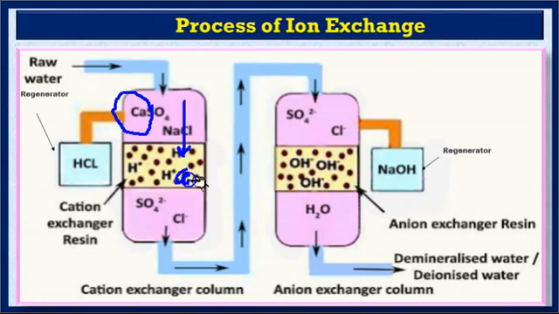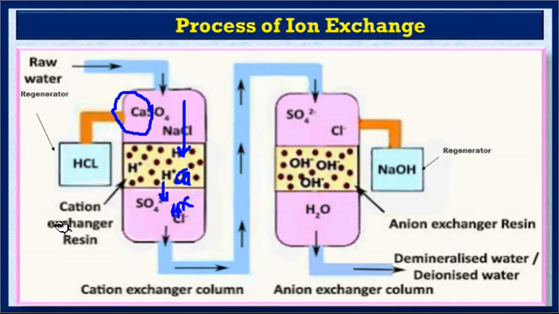So calcium and magnesium ions are held in the bed of the ion exchanger, and the hydrogen ions present in the resin are released, and these hydrogen ions mix with the water in place of calcium and